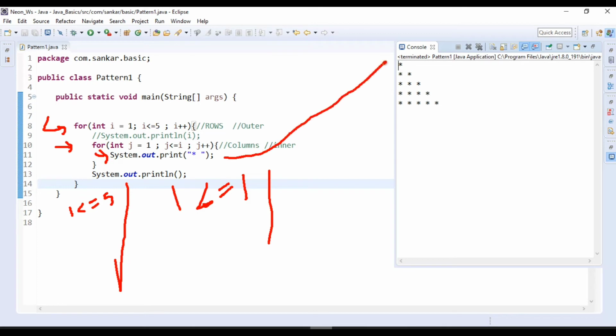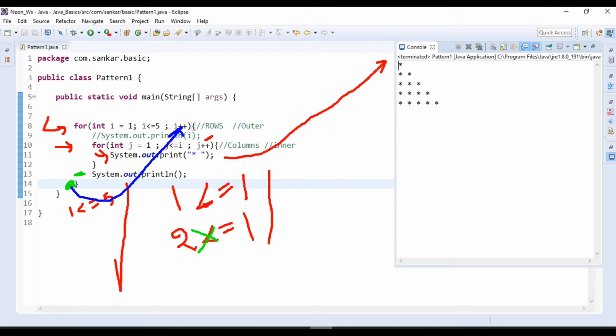So immediately we print a star mark. Then again it will increment, j plus plus. At that time the j value becomes 2. So 2 less than or equal to 1, whether this condition will be satisfied, it won't be satisfied, right? That's why we did not print one more star mark in the first row. So immediately control will come to the next line: System.out.println means the cursor will move to the next line. At the end of the for loop, as I already told, it will do the increment i plus plus.